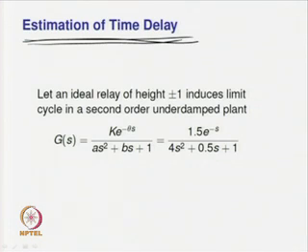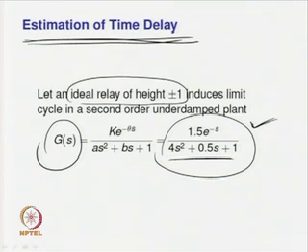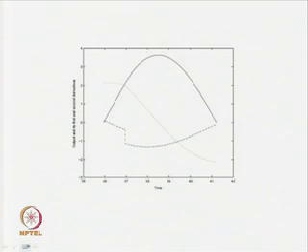Before going to the analysis, let me show the simulation result for a second order transfer function given by G(s) equals 1.5 e to the power minus s upon 4 s square plus 0.5 s plus 1. So, this process is an underdamped process. If you look at the denominator coefficients carefully, it is evident that the process dynamics is that of an underdamped process. Now, for this, when the relay settings are at plus minus 1, the limit cycle signal is